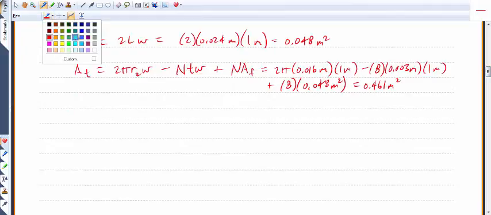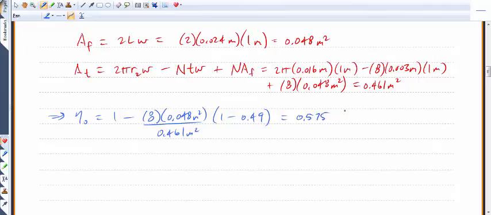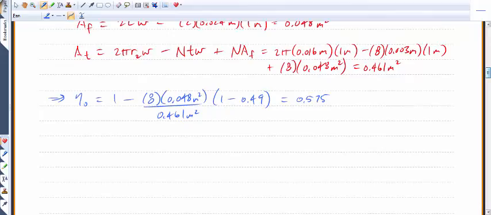So what this means is that the overall array efficiency is 1 minus 8 times the area of the fin, so 0.048 square meters, over the total area, which is 0.461 square meters, times 1 minus the efficiency of a single fin, which is 0.49. This ends up being 0.575. Therefore,